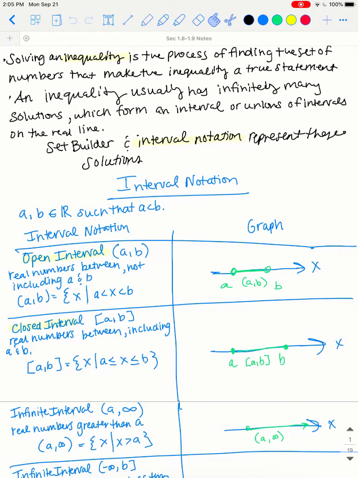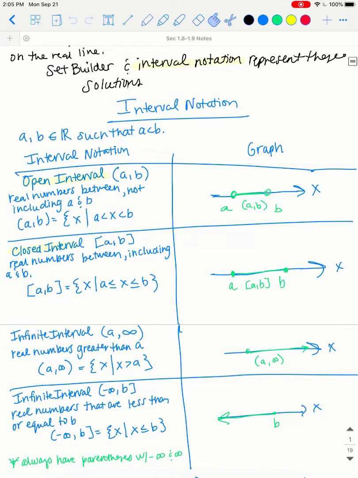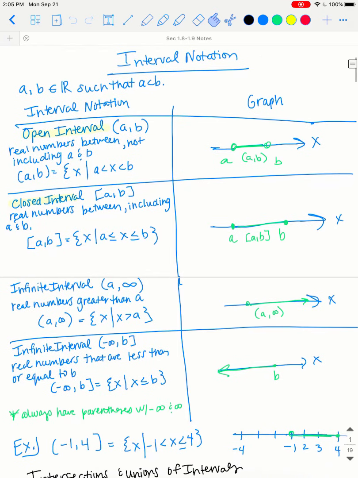So we'll go over interval notation here and the different kinds, and then also what it looks like in set builder notation. Let a and b be in the real numbers such that a is less than b. So our interval notations are the ones on the left, as we can see. We have open intervals, closed intervals, and infinite intervals. An open interval is represented with parentheses, and these include the real numbers between, but not including, a and b. So it's just the numbers between a and b, and we represent this as